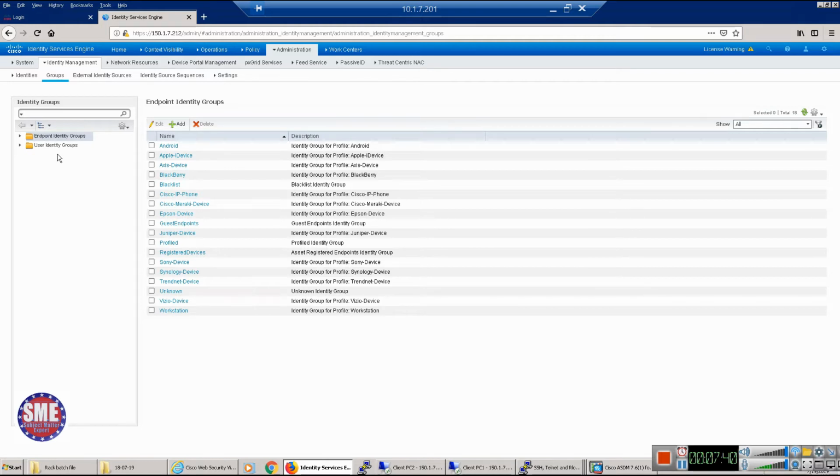User groups means your users, which we are using in the registration and authentication process; those users come under the user identity groups. In endpoint identity groups, we are using some groups. See, the Cisco IP phone, our IP phone will be added in these groups. Your MAB PC will be added in the workstation group. One group is missing here, which one? AP group. APs also require a group. The AP group is missing, so we will create that group after this process, right?